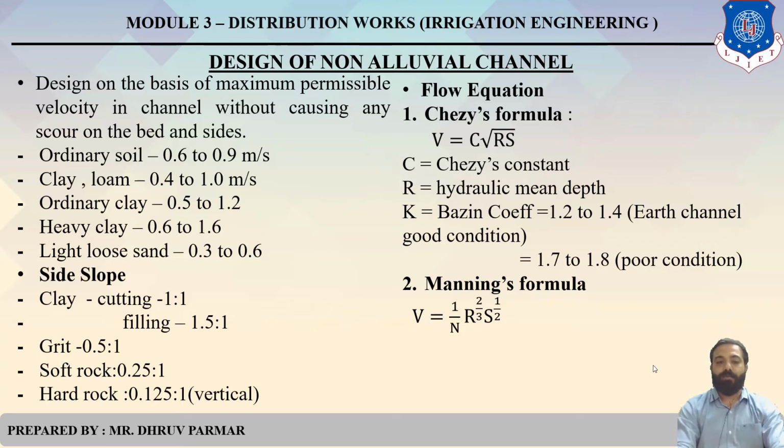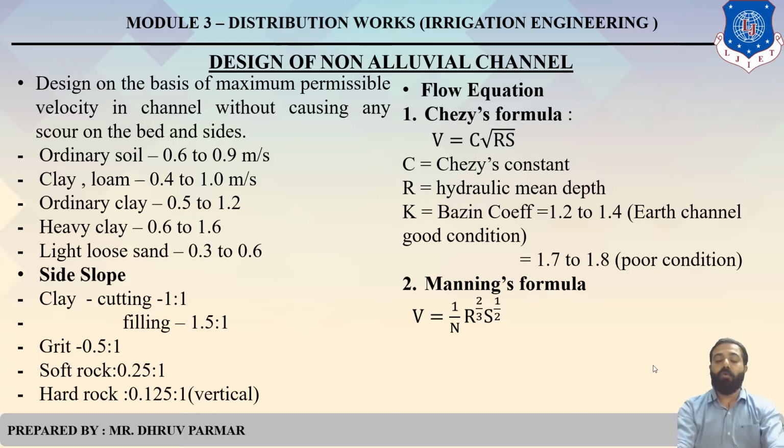And then, what is the side slope? Two slopes are given in that particular example: the first is the bed slope and the second is the side slope. You know that the channel shown is a trapezoidal channel, which is the most economical design. The two sides are called the side slope, and the slope of the canal is called the bed slope. Remember that point. Side slope means the channel slope on both sides, right hand side as well as left hand side, and the bed slope is given in the longitudinal direction of the channel.